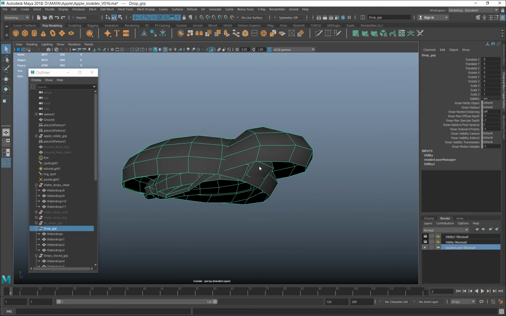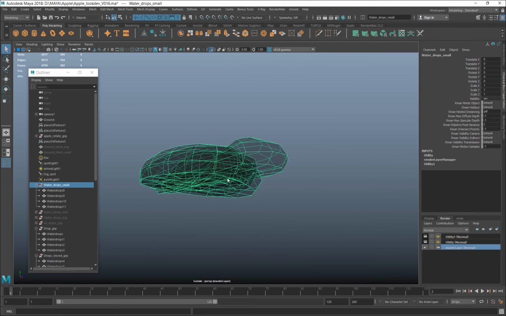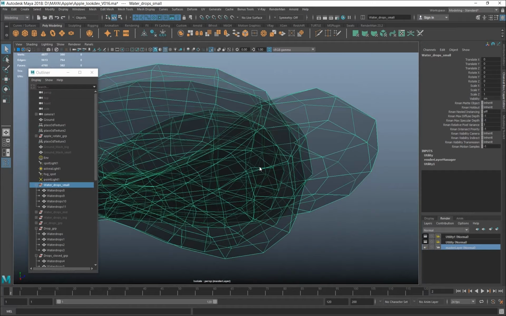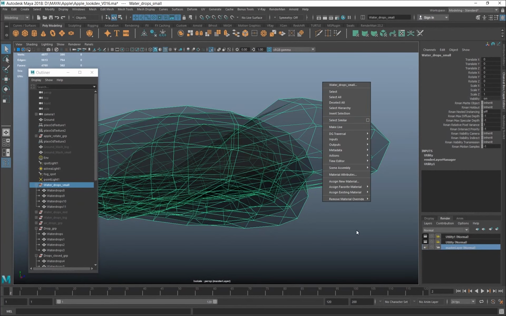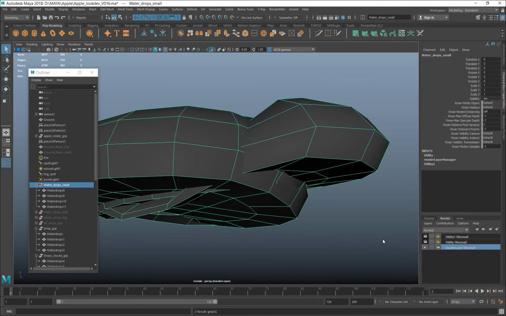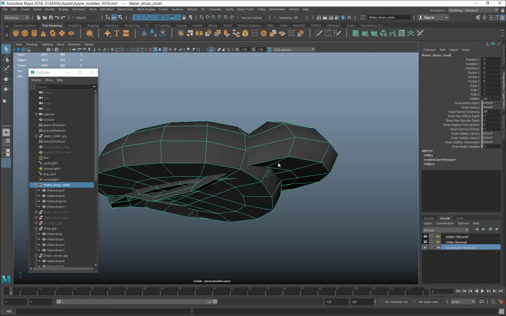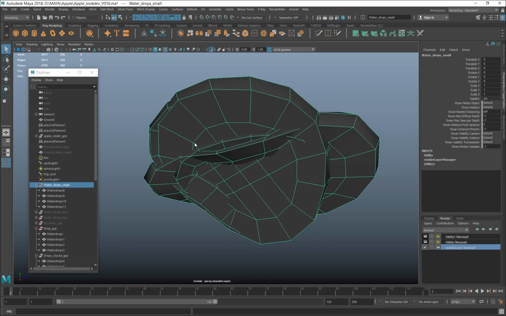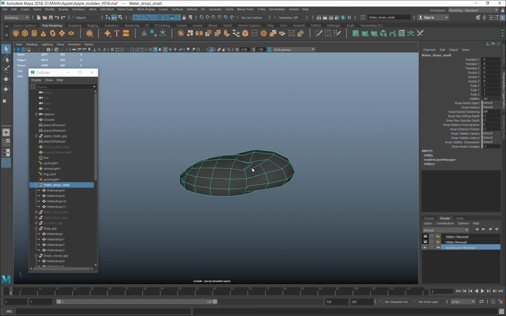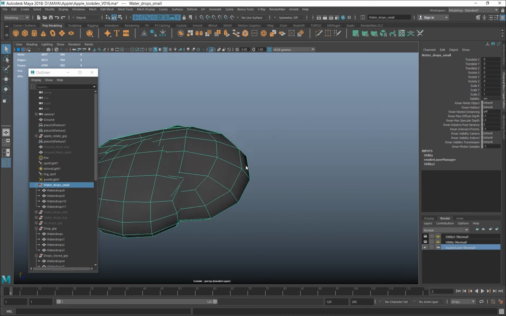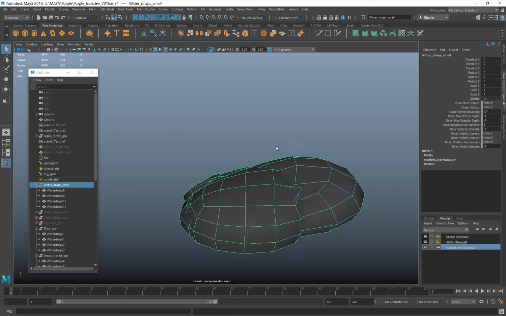I had to close it. So the water drops I have used in the final layout are closed ones. I just closed it for the shader to work better.